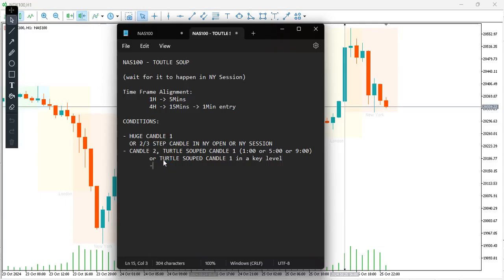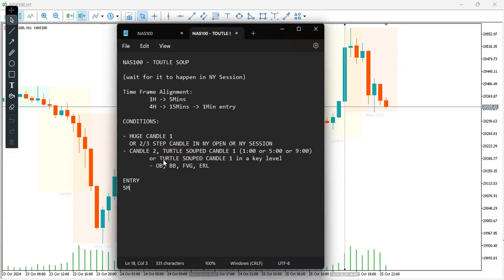The key levels are order blocks, breaker blocks, fair value gaps, and when price has raided old highs and lows, which are your external range liquidity. If these two conditions are met, then we are good to go. Then we go into our entry, which is in the 5 minutes